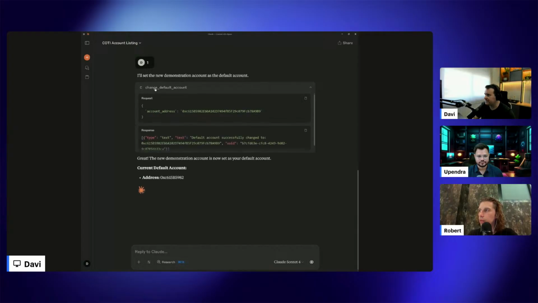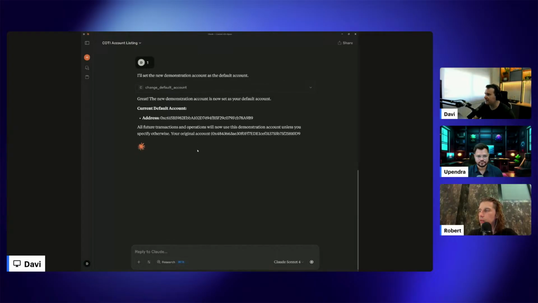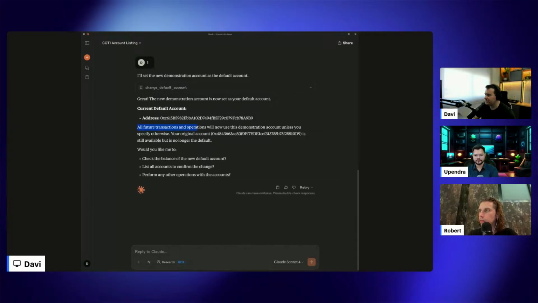So it calls the change default account tool, and that's it. All the future operations will now use this demonstration account unless you specify otherwise. So that's exactly what Claude did for us.